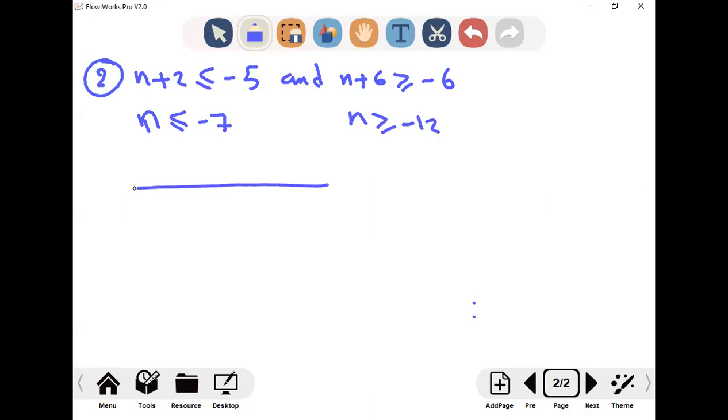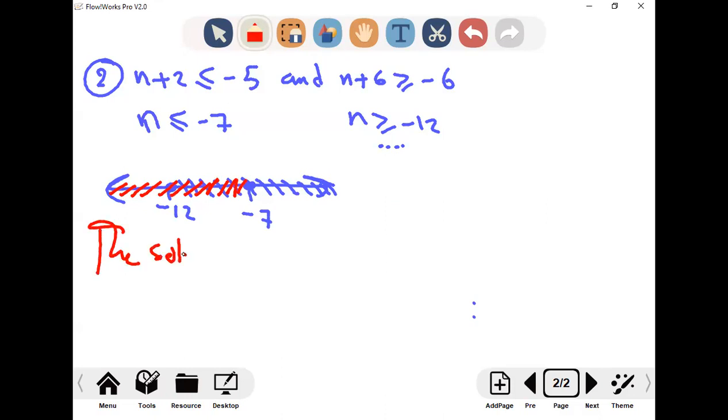I check. Now, in your number line, put the two numbers. We have negative 12 and negative 7. I put the smaller first, right? Now n is more than or equal to negative 12, so here we have a closed circle, and here also a closed circle. For n more than or equal to negative 12, I will go to the right of negative 12. For n less than or equal to negative 7, I will go to the left of negative 7. So the common area is between the two numbers, right? The solution is x more than or equal to negative 12 and less than or equal to negative 7. Done. Next,